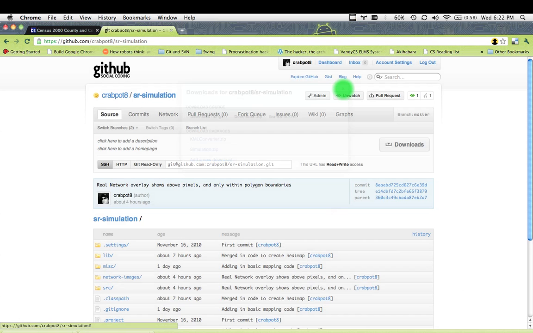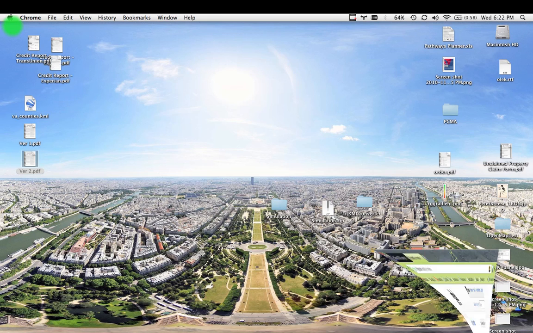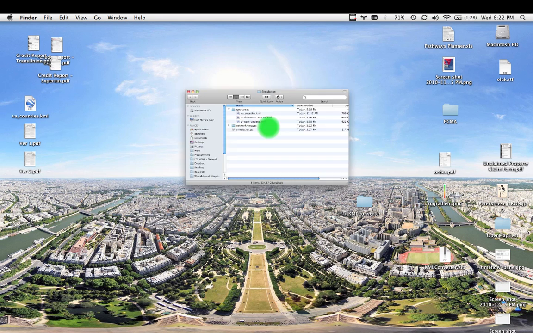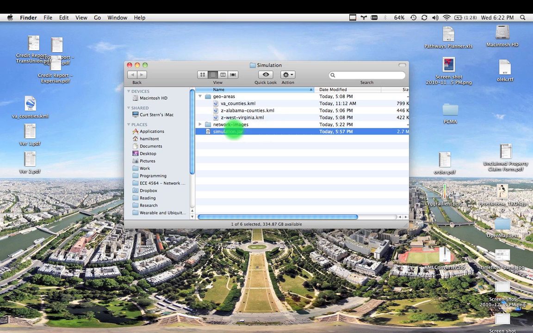Now I've already done this, so I'm just going to go ahead and go to it. And I downloaded it right there. It's a little tough to see, and I've extracted it into this simulation folder. So I'm just going to double click and open that up, and you can see there's this simulation.jar in the root level. So just double click that,